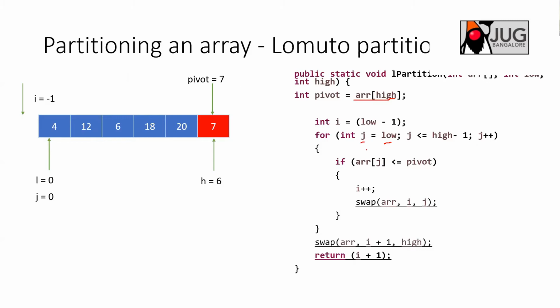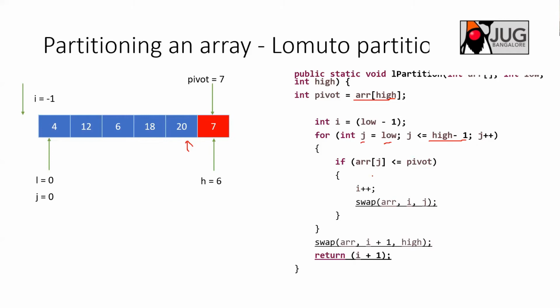So what you do is you start from the 0th element till the last minus 1th element. Which means I don't need to go till the pivot. I can go only till here. That is sufficient because I will be covering all the elements, because I know that the pivot I will anyway be placing at the right place, right?